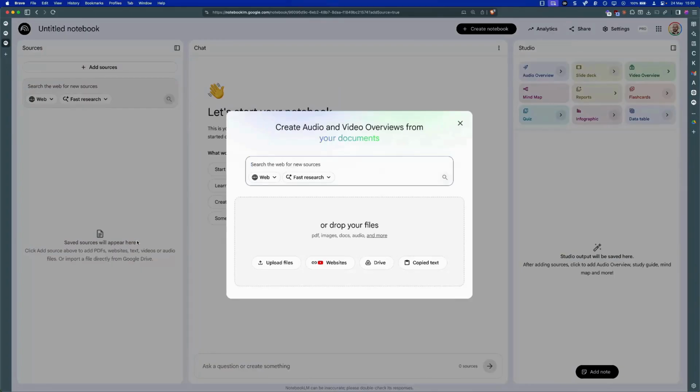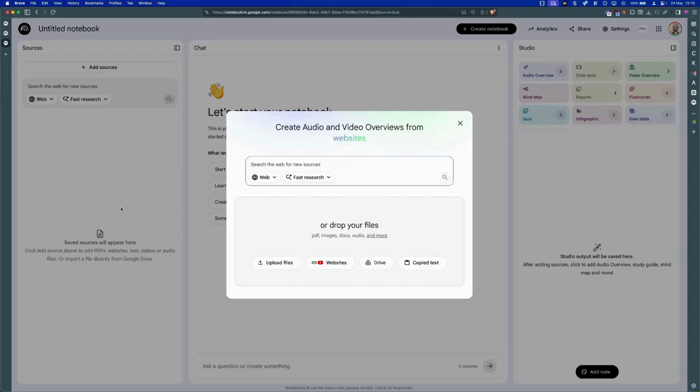The first starting point for any activity in NotebookLM, we first have to create our knowledge base for this notebook, for this project. So writing a new grant proposal. Immediately we can see that we are asked by NotebookLM, do we want to search for web sources, search with a typical search engine or maybe with additional AI search engine, or we can upload our own documents. We can use links to public websites, to YouTube videos, to connected Google Drive, copy text right away, or upload